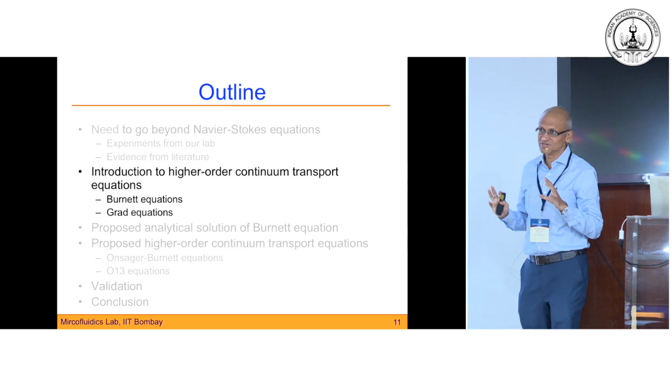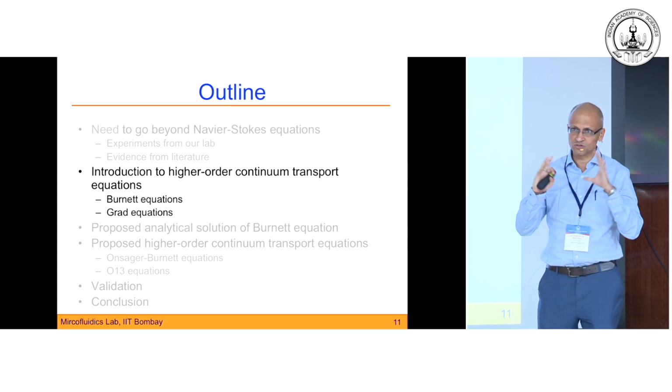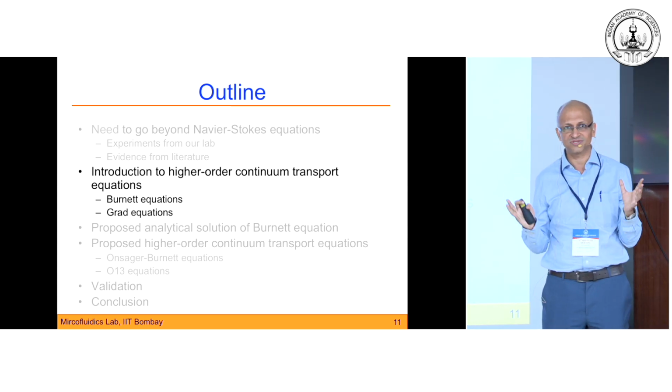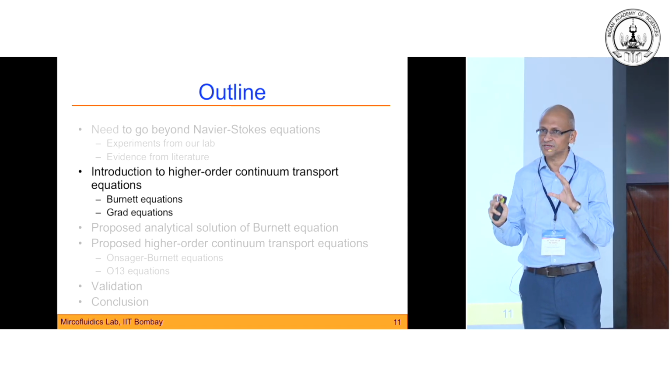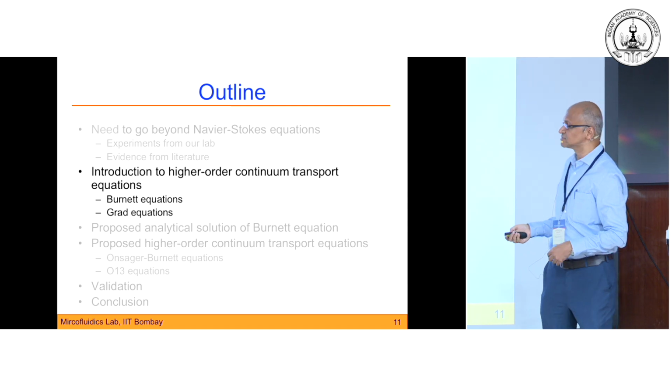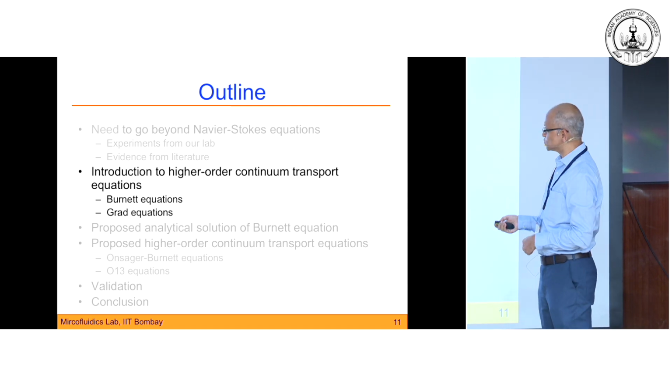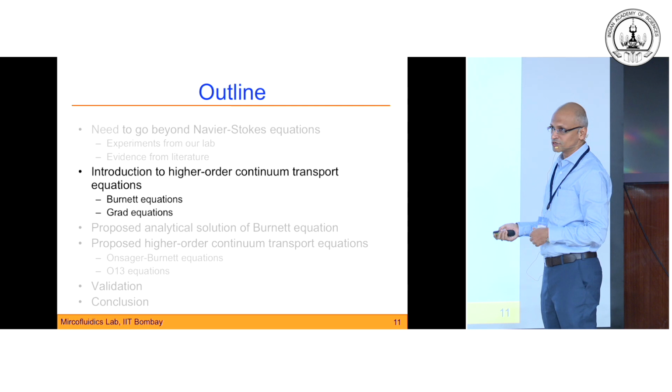So I'm just trying to first expose the limitations of the Navier-Stokes and say that this is a pretty generic thing. There are a lot of scenarios, a lot of cases, not just isolated cases, in general where one finds that Navier-Stokes will not work. So what is the alternative to model these flows?